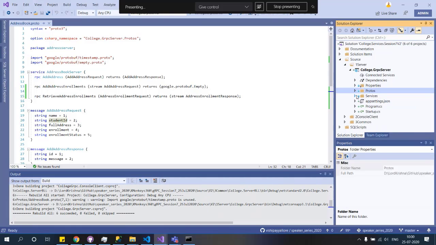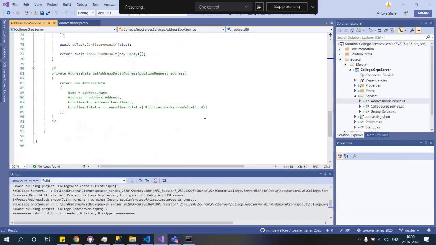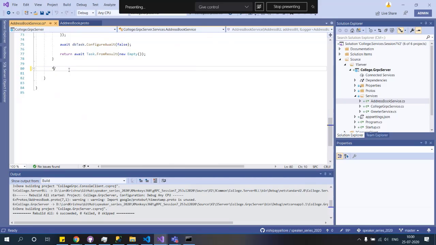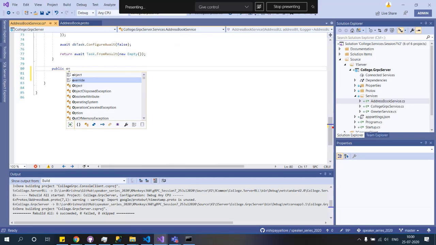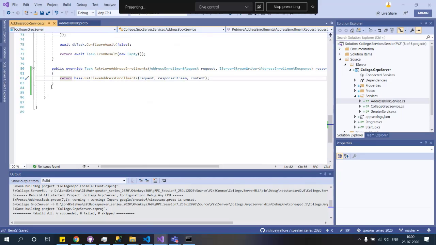Now let's go to the services, address book service. Let me remove these unwanted lines. We'll start with public override retrieve address enrollments.